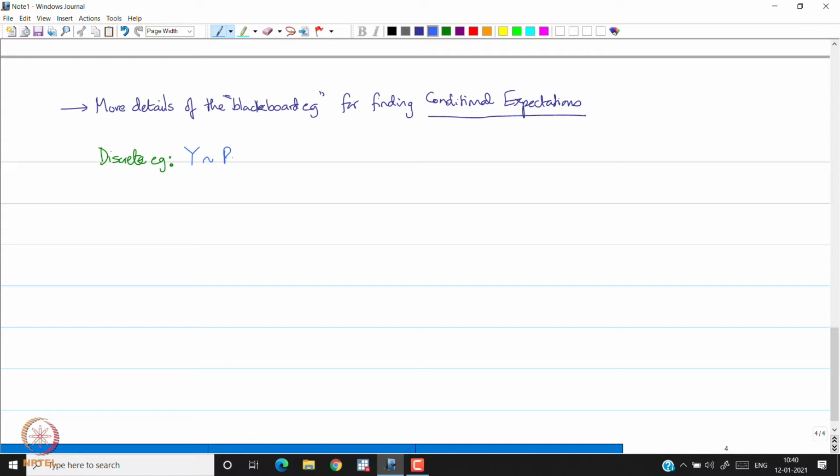Y was given to be Poisson with parameter lambda 1. Z was given to be Poisson with parameter lambda 2, right, and Y and Z were independent. This is very important, of course, otherwise this problem doesn't become solvable. So, Y and Z are given to be independent. Then we also defined X to be Y plus Z,